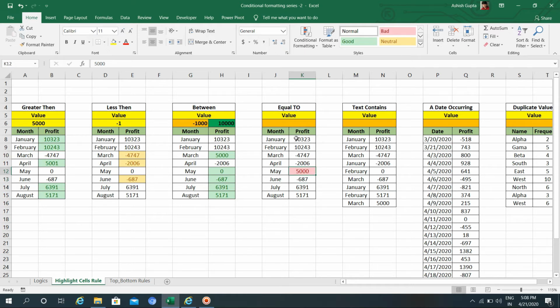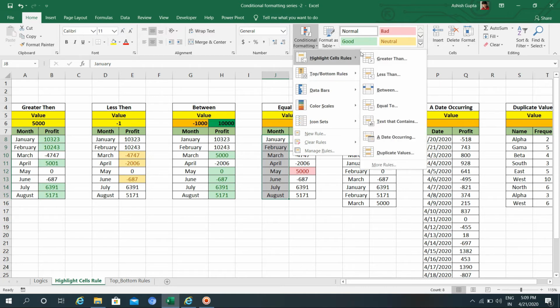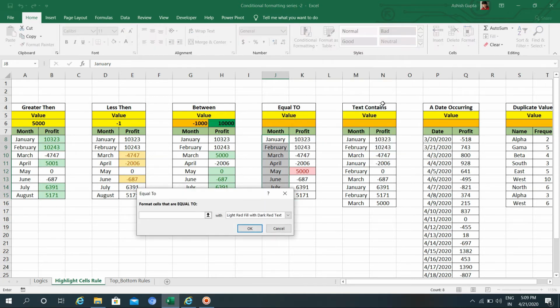Now we'll use this function on text. I will select this area, go to conditional formatting, highlight cells rule and click on equal to. Then I will type any month, like May.